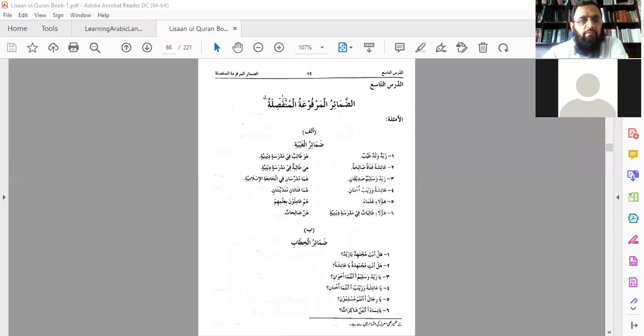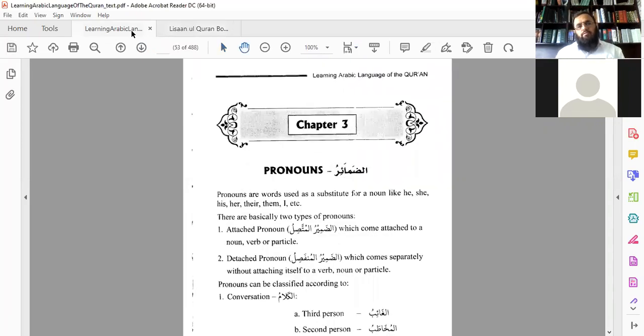So I hope that everyone from you is very well. Today we are going to discuss, inshallah, 3 lessons in one go, and we'll complete the exercises in coming 2 days, inshallah. So we are going to discuss concepts of 3 lessons. What are those? Number 1, pronouns. Number 2, an-na'at wal man'ut, that is, we'll discuss like a noun and its adjective.